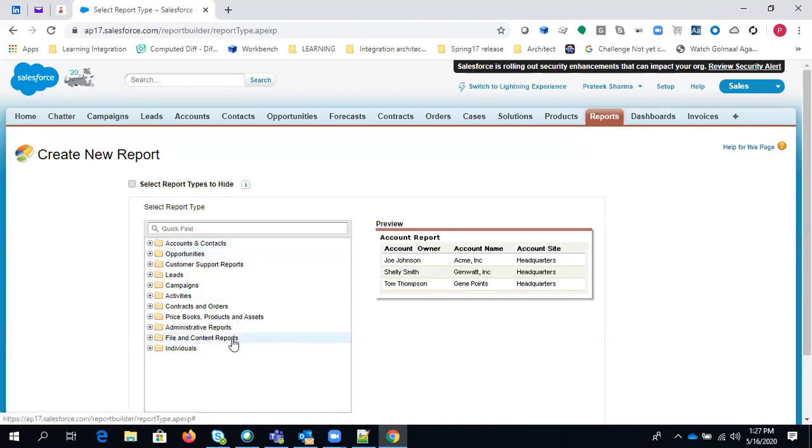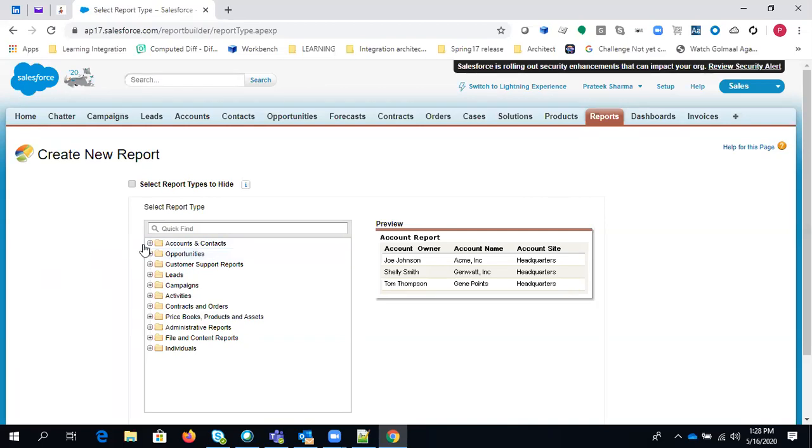You can also create your custom report type. Let's say something is not available here, for example you want to generate a report with account and case. Account and case is not available here, so you can create a new custom report type in which you choose account as the primary object and case as the secondary object. Later in this class, we'll discuss custom report types as well. So let's first discuss the report builder.